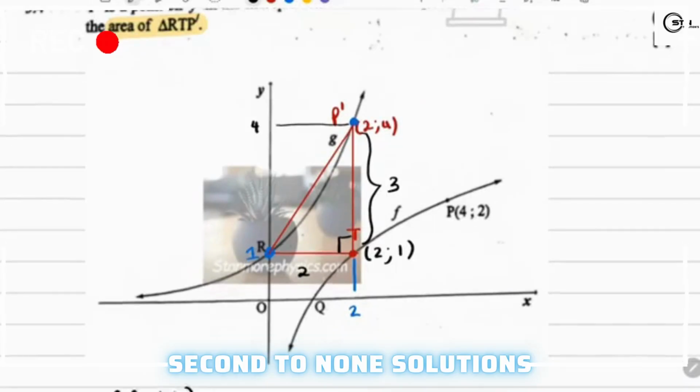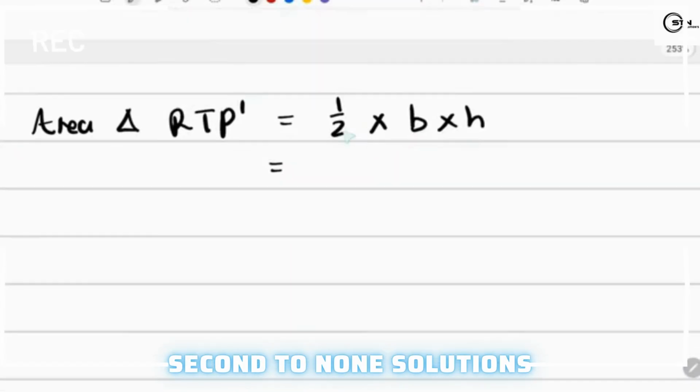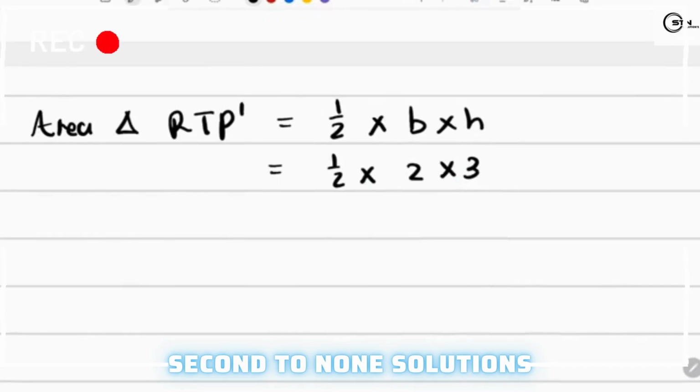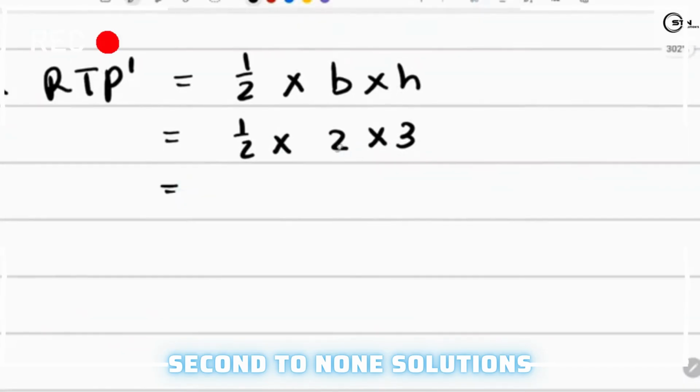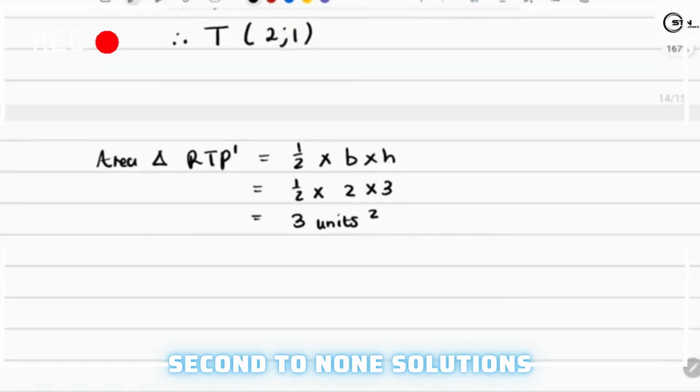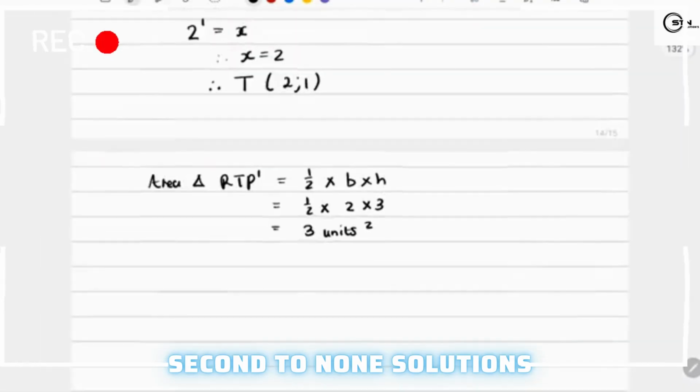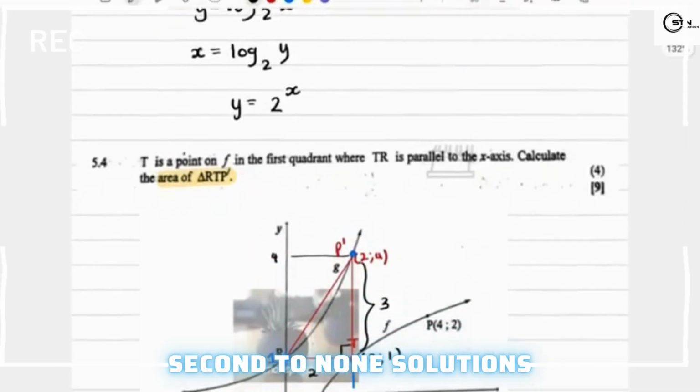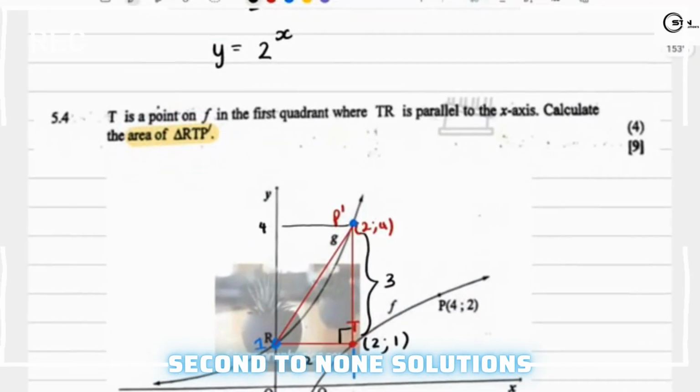Okay, remember this is not Euclid, so you don't need reasons. So we're saying 1/2 multiplied by our base of 2 multiplied by our height of 3. And I'm just going to go ahead and say 2 times 3 is 6, and then 1/2 times 6 is 3. So our area is 3 units squared. Okay, remember that is the measurement of area. So that is our answer for that question. And that is the last question in question 5. So we finally move on to question